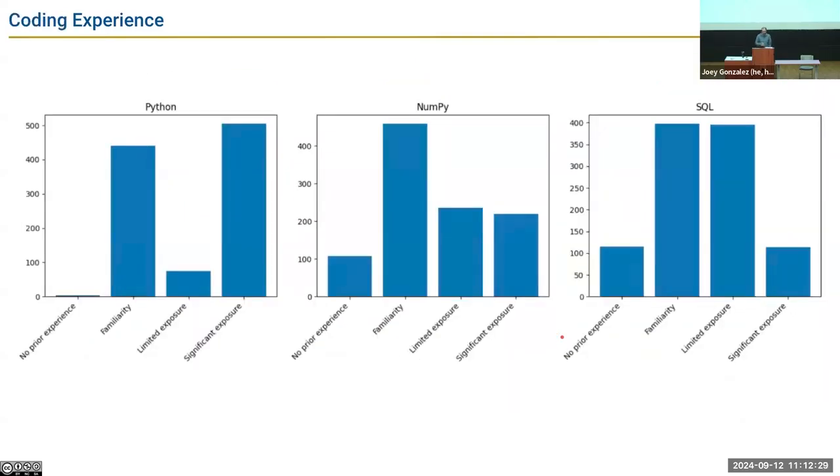Coding experience. What we have here. This is a bimodal distribution. This is a pretty Gaussian distribution. I love it. We don't often see those in this situation. And this is giving me the finger, NumPy. All right. So what's your background?